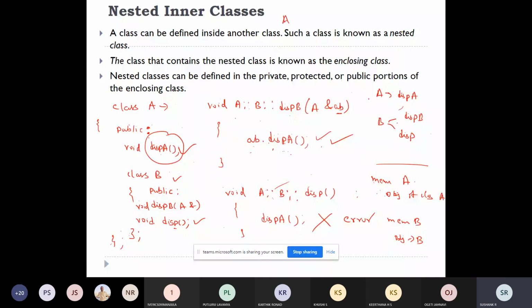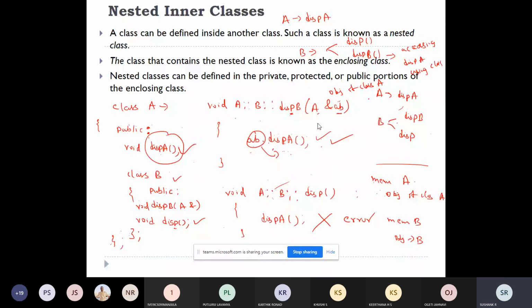See here class A contained one function called display A. Class B contained two functions, display and display B. Now in the definition of display B, I'm passing an object of class A. And from that object, I'm accessing display A.